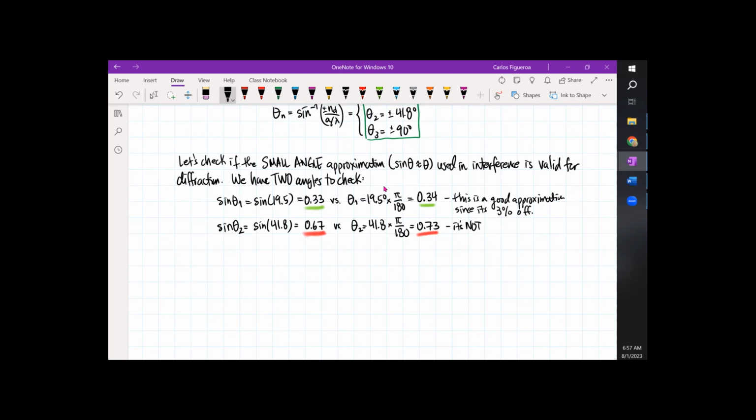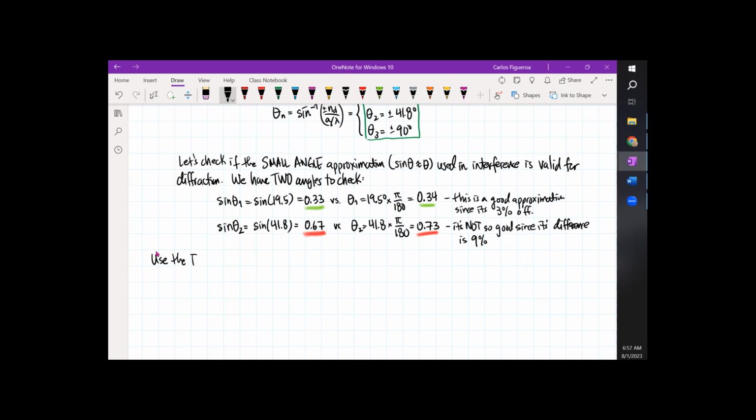So if I compare this to this, you could see that it's not so good, since its difference is 9%. So you could see that it's already failing as you move away from the central axis. So what I'm going to do now is use